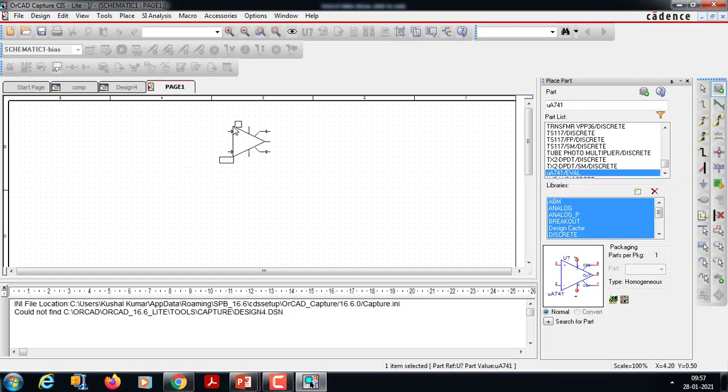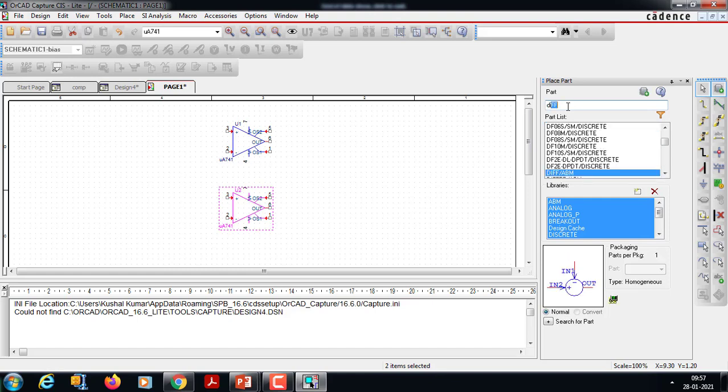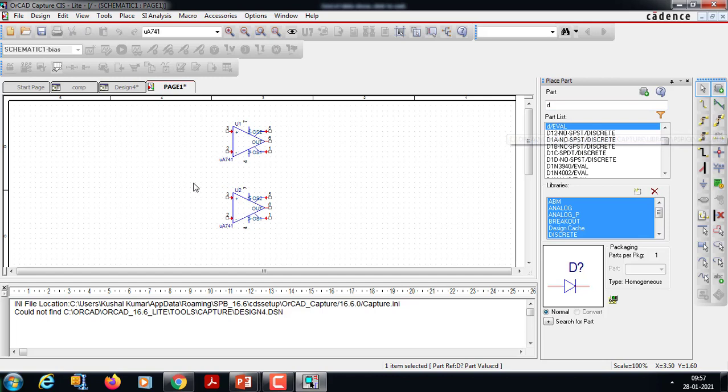So we need 2 of this. Press escape. So we require diode. So we require 2 diodes. Escape. 1 resistor.